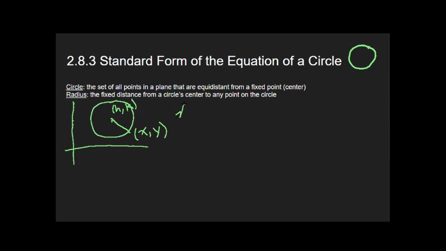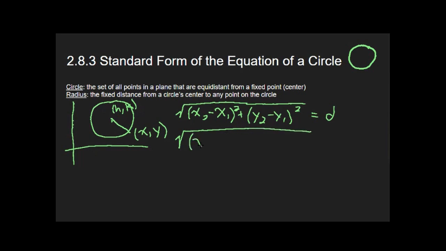So if we take the distance, let me go ahead and write that out. We had the square root of, depending on which points are used, x2 minus x1 squared plus y2 minus y1 squared, and that was equal to the distance. Okay, so now we're going to relate this to our circle here. So if we replace x1 and y1 with the location of the center of the circle, and we replace distance with radius, we get the square root